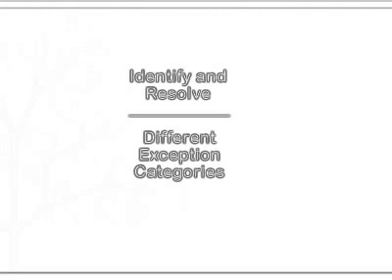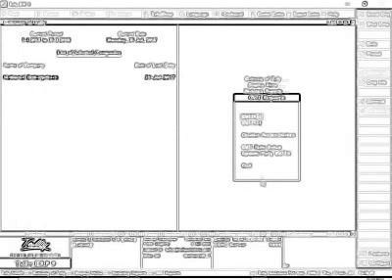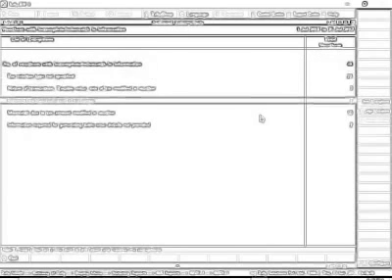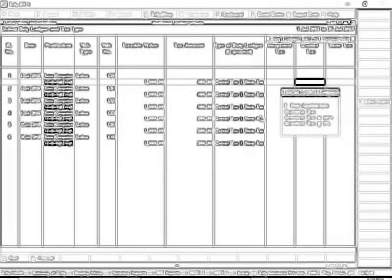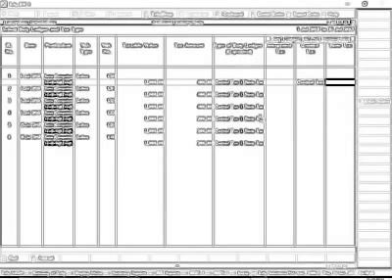The error identification and fixing mechanism in Tally ERP 9 Release 6.0 is revolutionary. Different kinds of errors in transaction are categorized and listed for easy identification. You can drill down from any category of errors and resolve them. Now that we have enabled GST, set up masters, recorded transactions, and resolved errors, it is time to file your